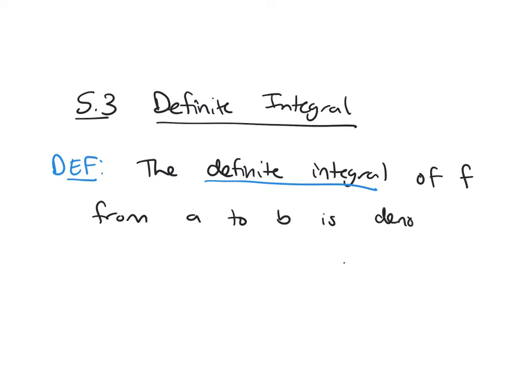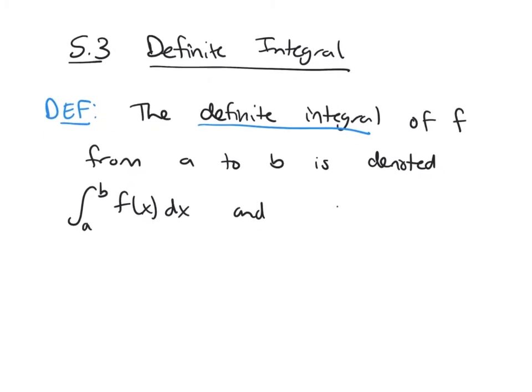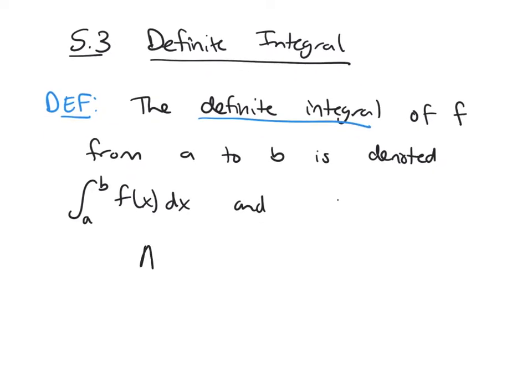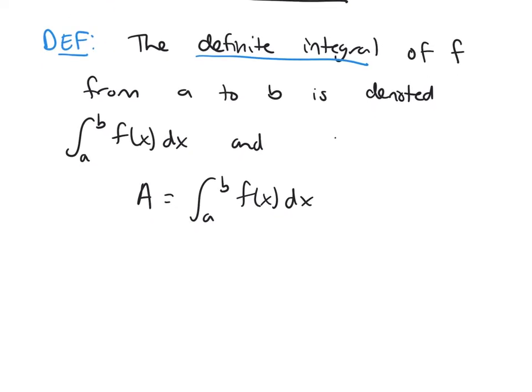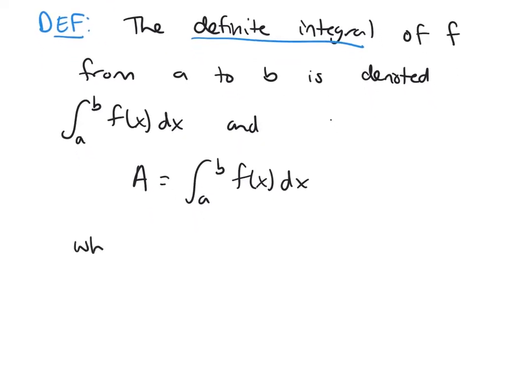The way we write it, it's denoted the integral symbol from a to b, f of x dx, and this is going to be equal to A, where this capital A is the area of the region